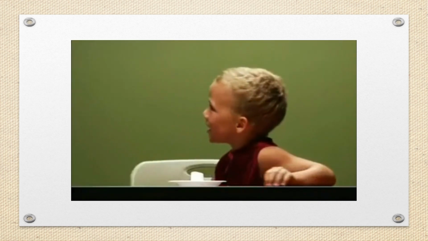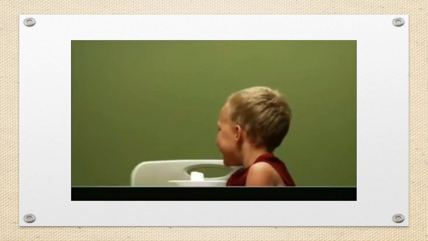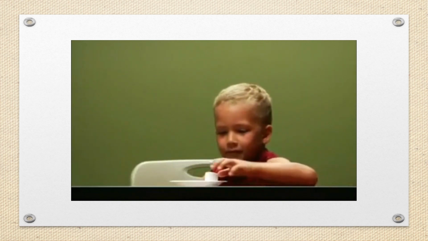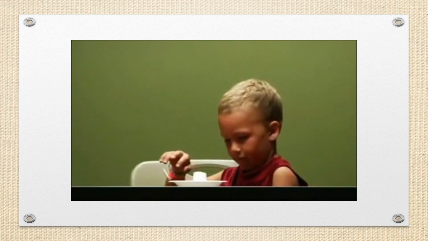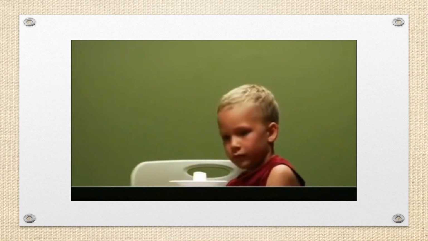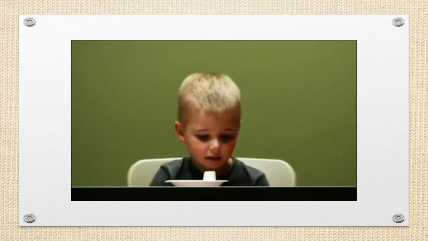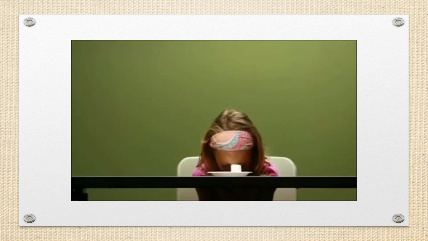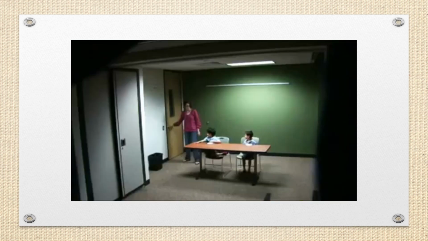But stay in here and stay in the chair till I come back, okay? I'm gonna go do something and then I'll come back. It smells yummy.